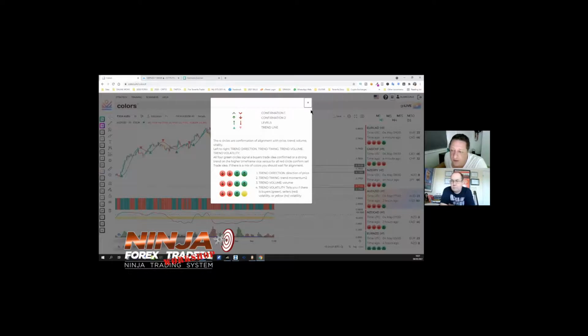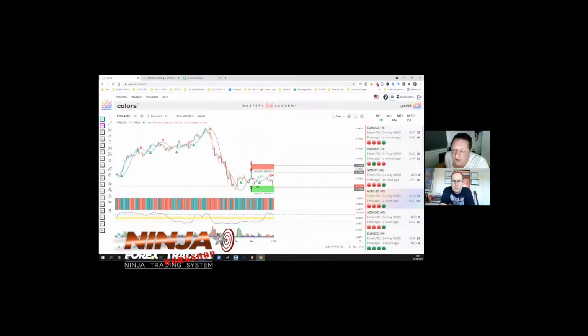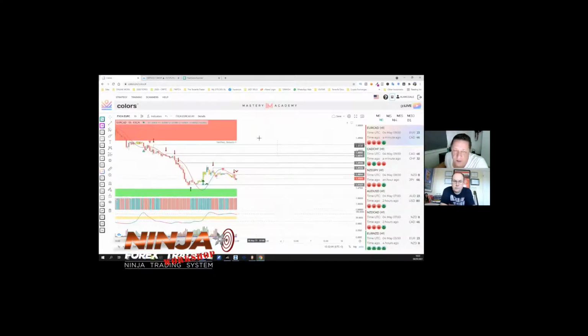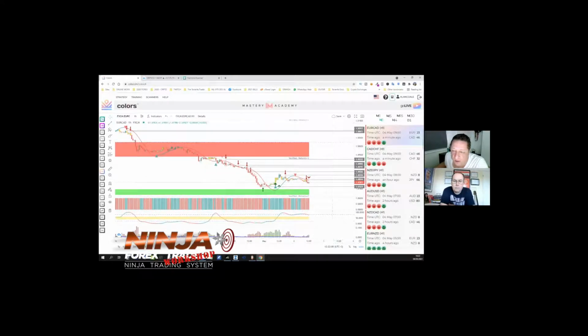The basic idea is that whenever there's a notification, it will appear at the top on the right of the screen you're seeing now. The latest one we had was just a minute ago on EuroCAD. Okay, it's down, but we've only got 3 out of the 4 circles at the moment, but we can still analyze it from that. And what we need to look at, because we're looking for a sell, which is red,